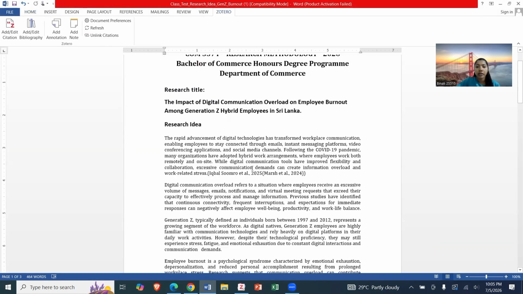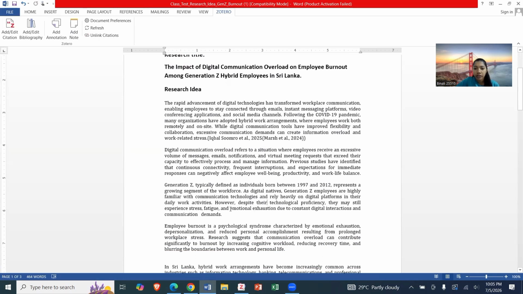Now select the specific area where you want to add a citation. So let's click in here. After that, go to the Zotero tab and click the Add Citation button.